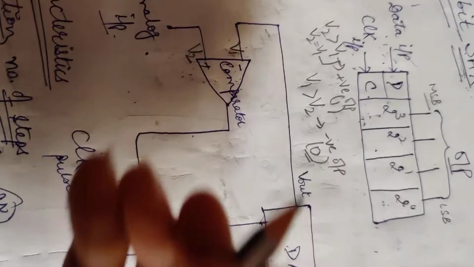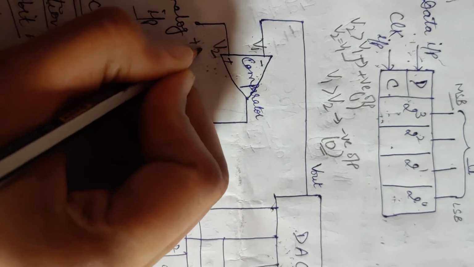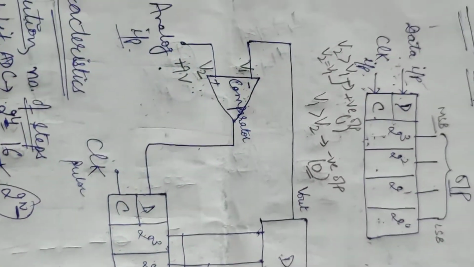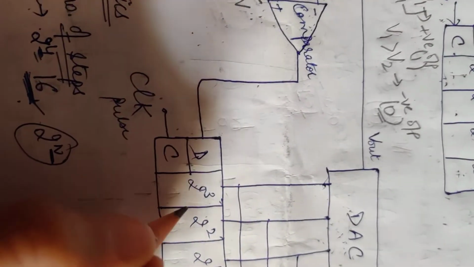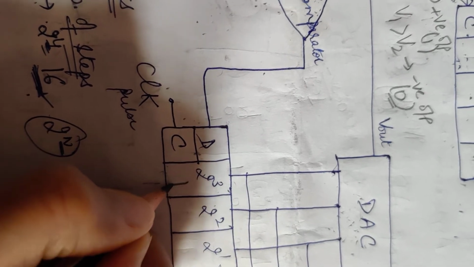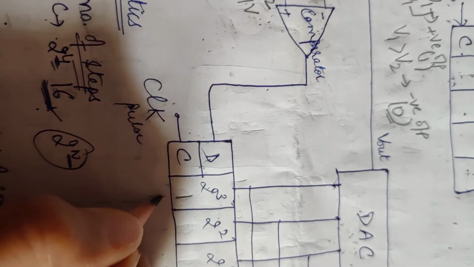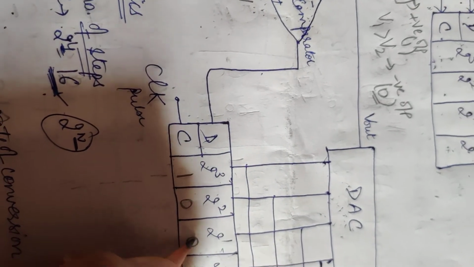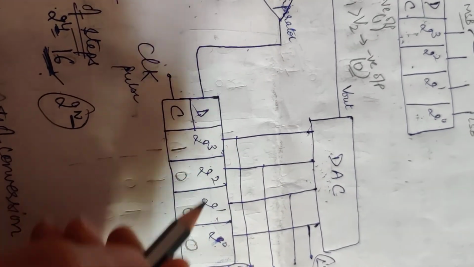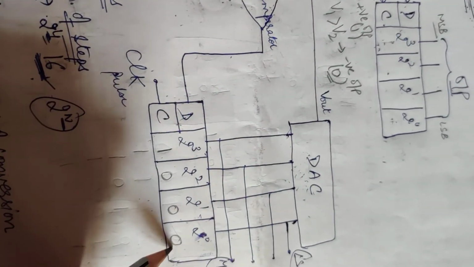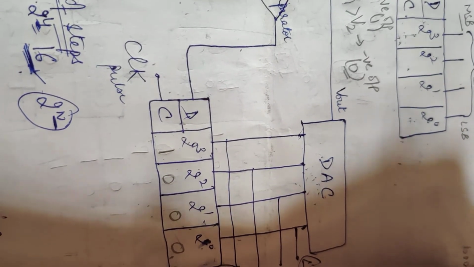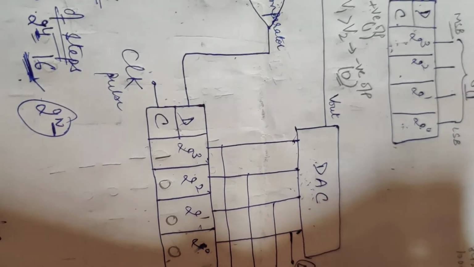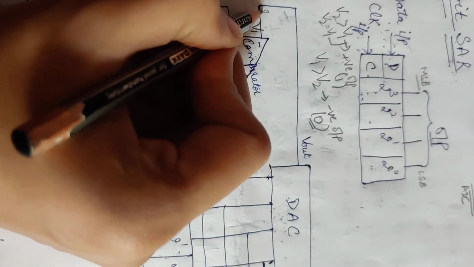For example, at the start, we have assumed the analog input is plus 9 volt. Plus 9 volt analog input is used here, and we set the MSB bit to 1. The other bits are 0. So this is the digital value, and the D2A converter will convert this into analog. So 1 0 0 0, that is 8 4 2 1, 1 0 0 0 means 8. So this converter will give 8 here.